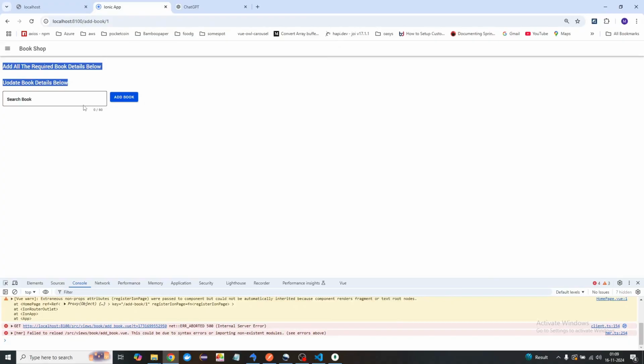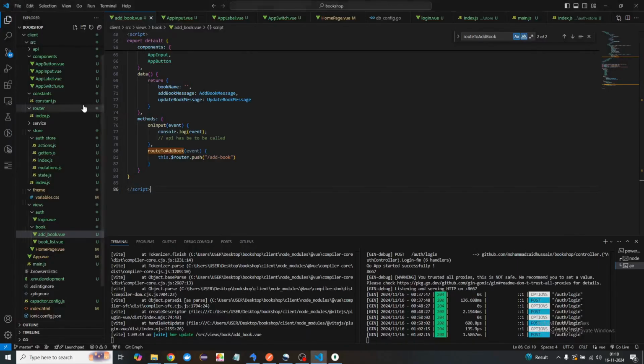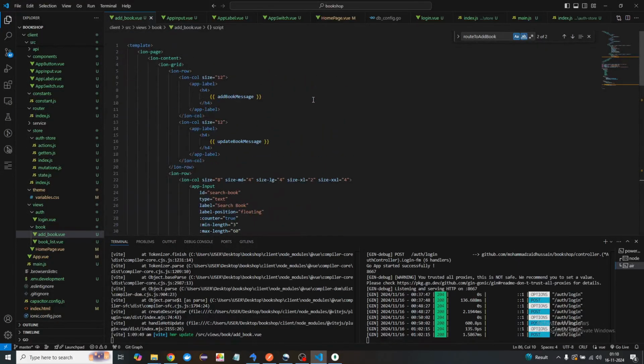That is actually not looking good, right? We need only one at a time. Either it is going to show add or it is going to show update. Okay, we have two cases over there. So for that we know how we can show this conditionally. For that we are going to use v directive here, v-if in this case. Okay, what I'm going to say here is okay, v-if,